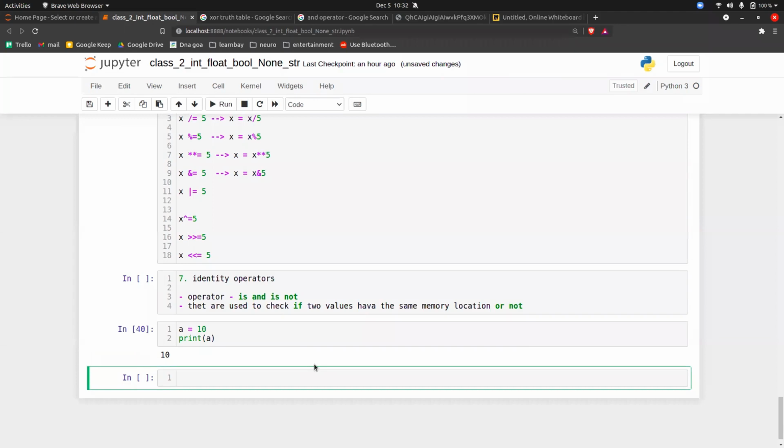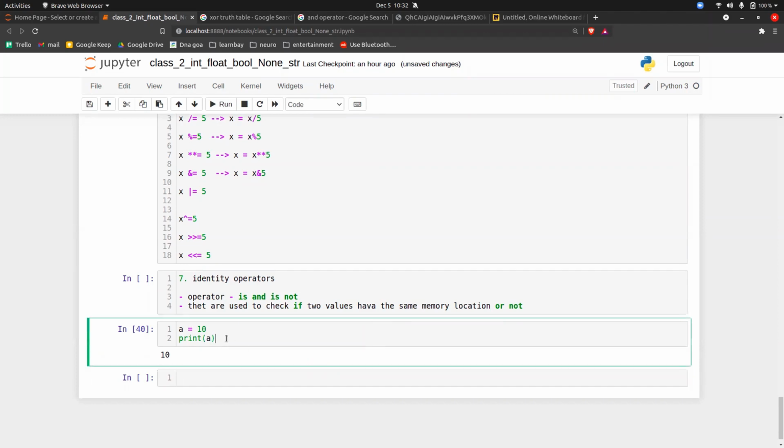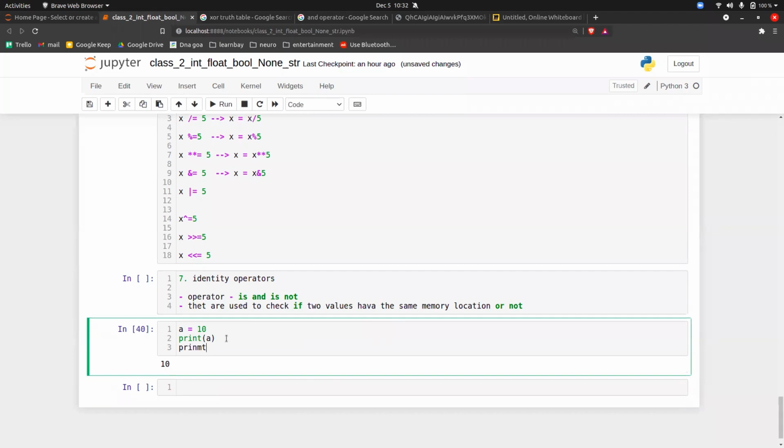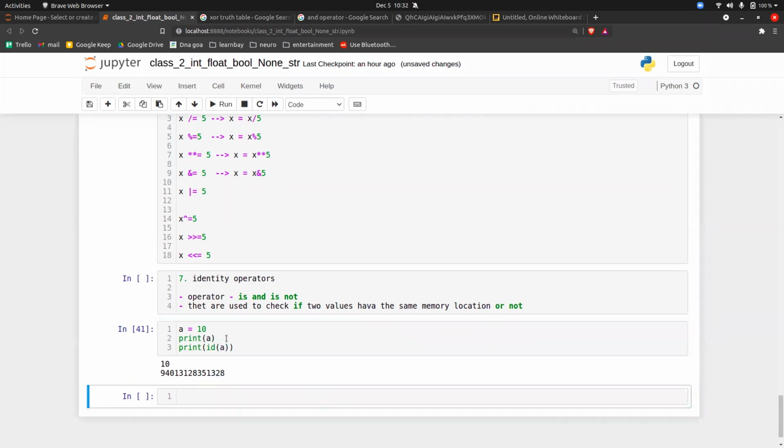If you want to know what address A is pointing to, you can do that also. How? You have to use a function, and that function is id of A. id of A will give the memory address of that particular location. So see, this is the memory address where A is pointing to. This is the memory address where 10 is located.